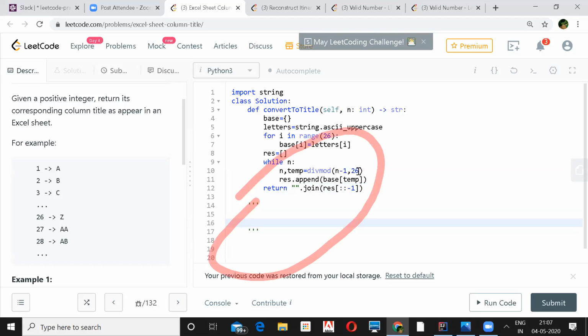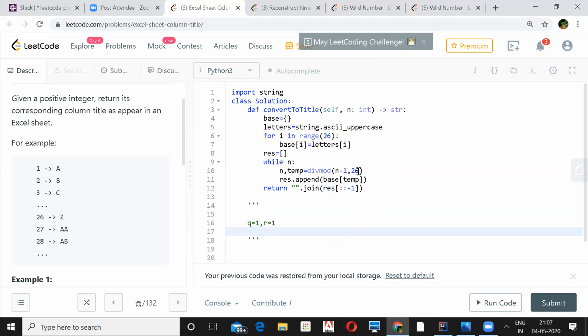Your quotient will be 1, and your remainder will be 1. Now corresponding to 1 you'll have B, from the zero index. Yes, you'll have B for that.